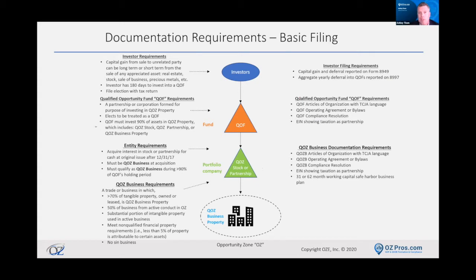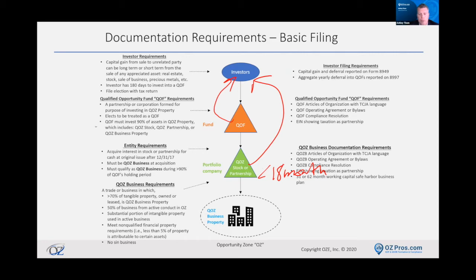And then we specifically include in there documentation for these related party loans so that way people can get some return on their money while they're trying to figure out what they're going to do with it. And so whether that's at the QOF level or at the QOZB level, you have the ability to loan that money back to yourself as long as it's under 18-month terms. And so we put that in there as well inside of our package that we've got related party loan docs for people to use.